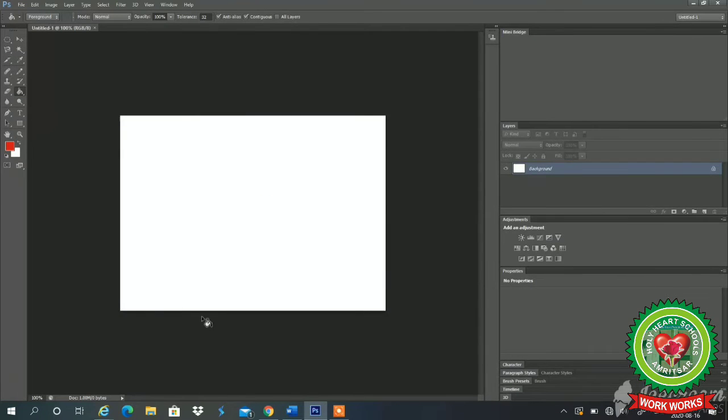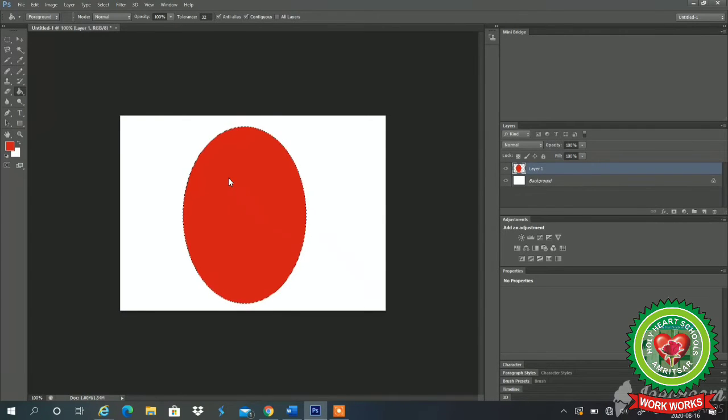Here, we will take one new layer. The first step is that we will create a new layer. I have created Layer 1 by clicking on the create a new layer button. After that, with the help of the marquee tool, we can select any marquee tool, hold and drag the mouse to make the selection. After that, we will click on the paint bucket tool and fill any color in it.